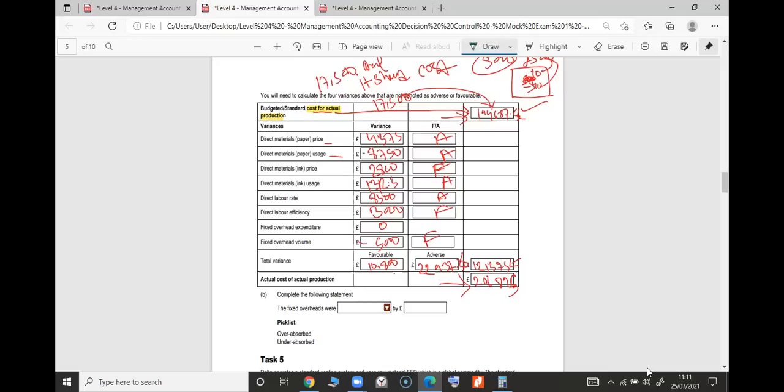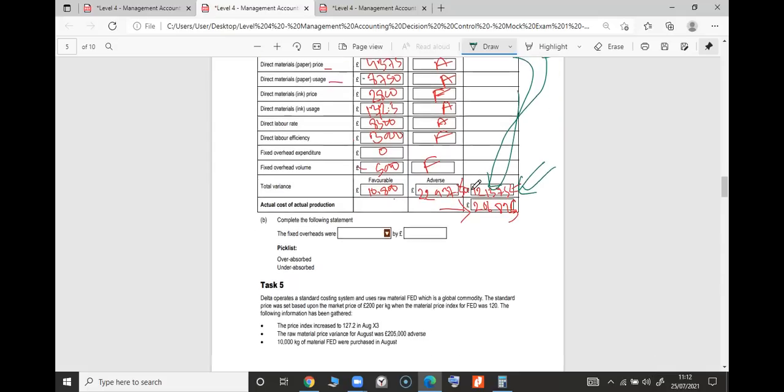Now, another question asked from Maha is, why do we add it? The answer is, this is more cost. This 194 is budgeted cost. You thought it should cost you 194. But because of adverse, 12,137 is your adverse. What does an adverse do to your cost? Isn't it makes your cost higher? Yeah, it does make your cost higher. That's why we're adding it. That is the reason of adding it. We're increasing it. That makes sense. So that's so good. Well done.